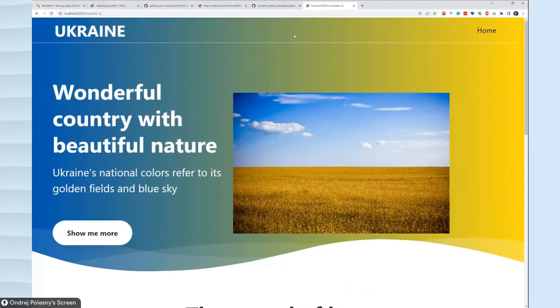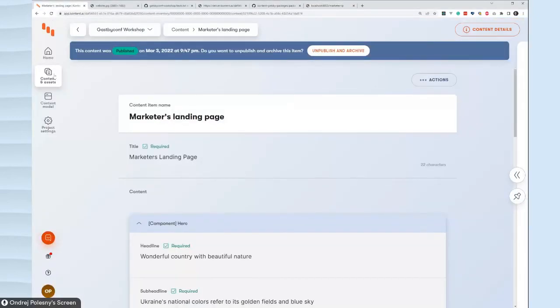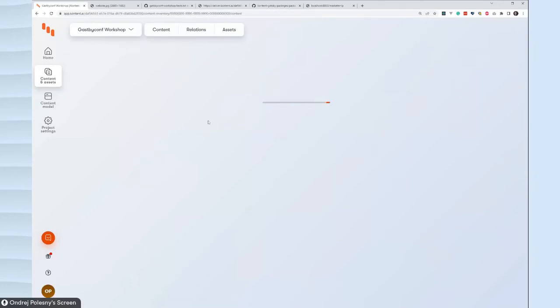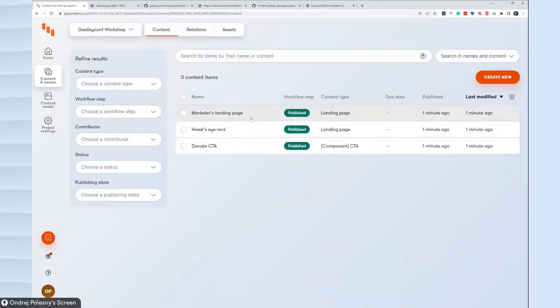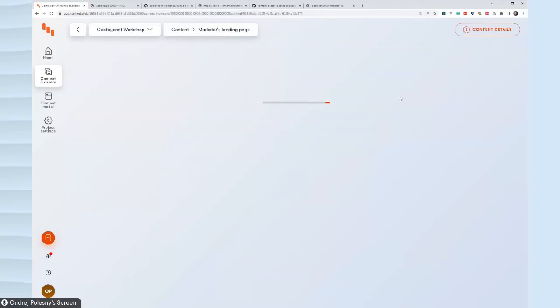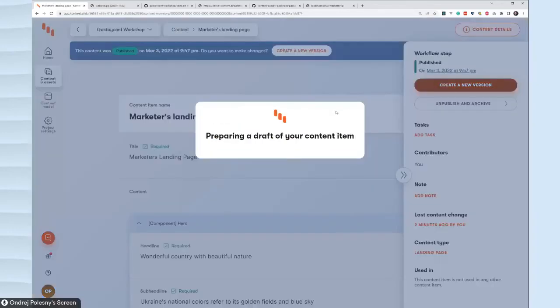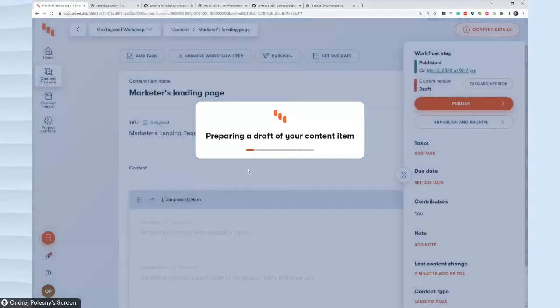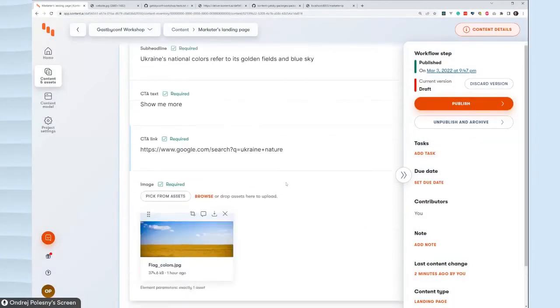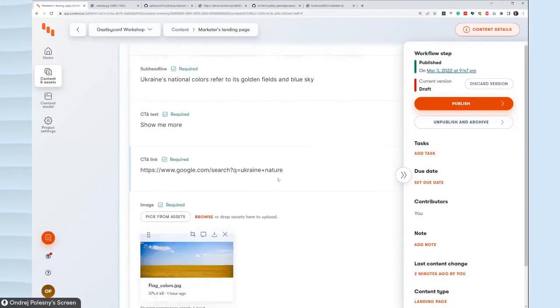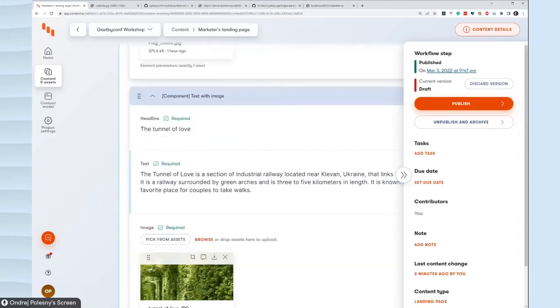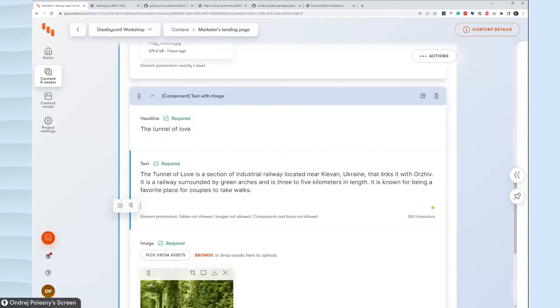In the meantime, I'm going to go back to the marketer's landing page and create a link to that content item. So a new version, that's for the future, but I want to show you how we can also link between items, right? So here in the text with image, I'm just going to add here, make sure to also check